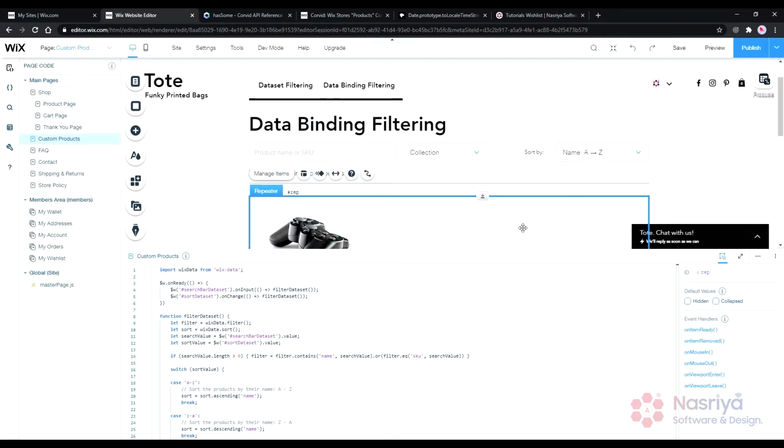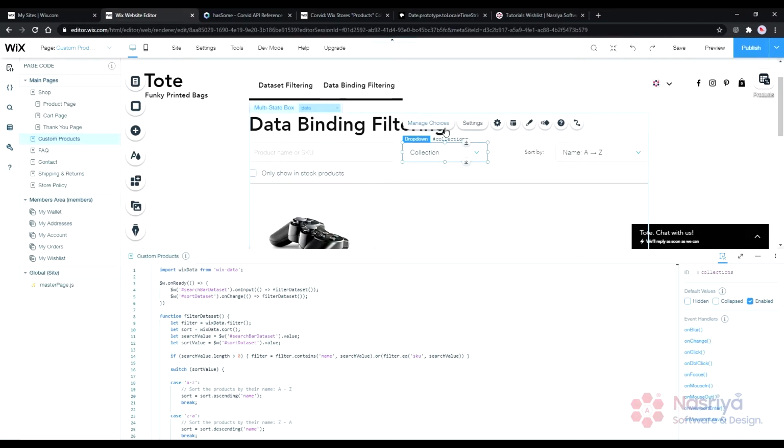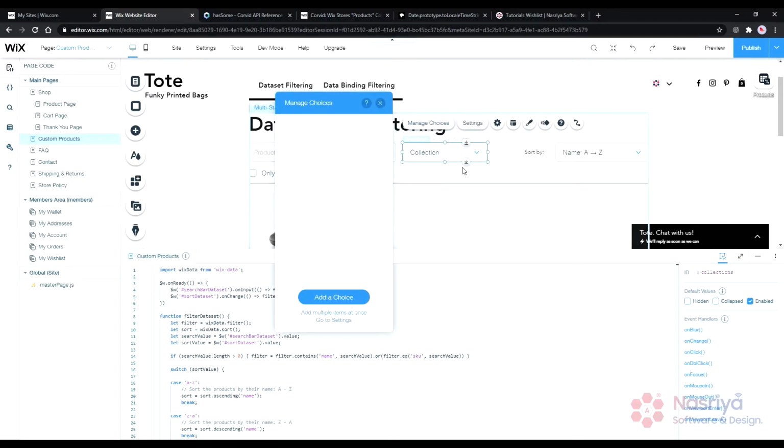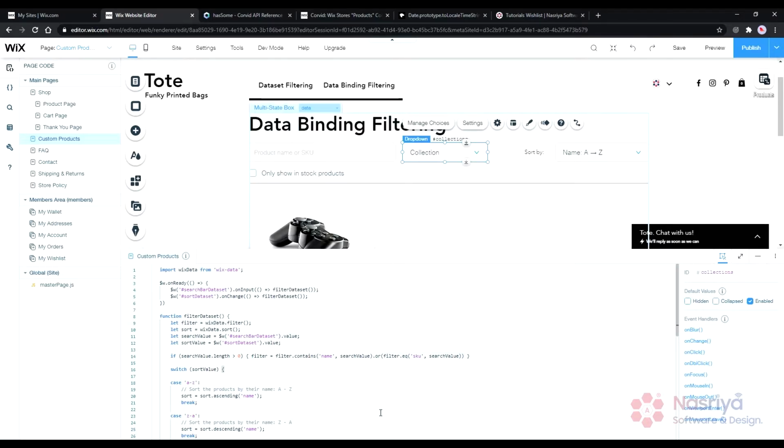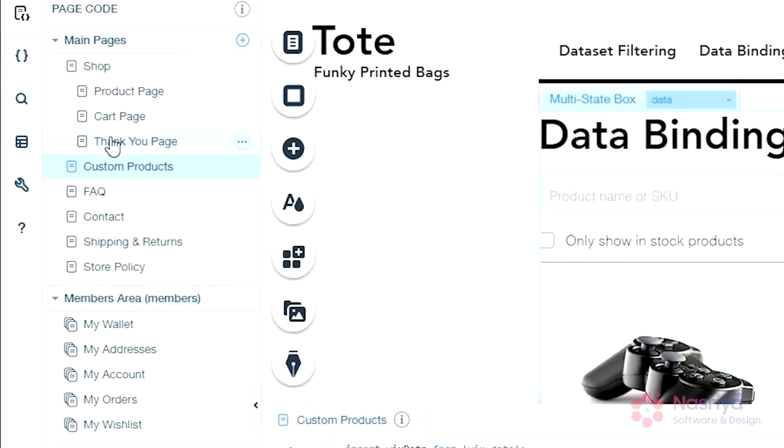Okay, and the repeater is called rep. Let's do that. First, we need to get the collection of products, all the possible collections. We need to grab them. So to do so, I'm going to